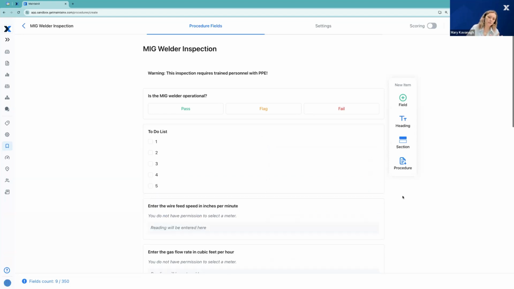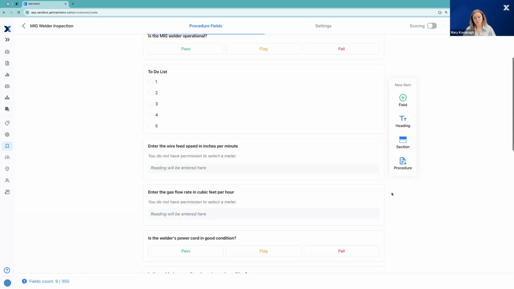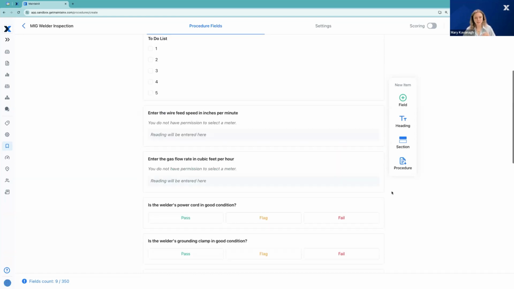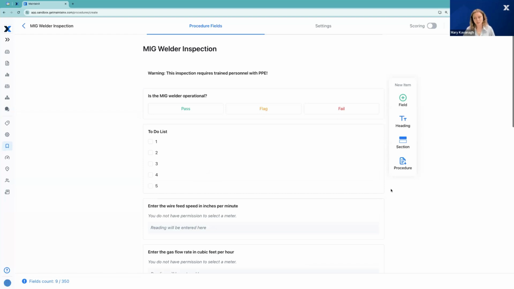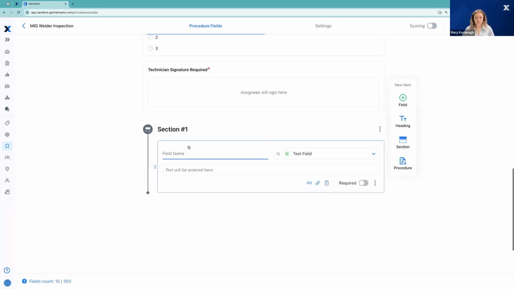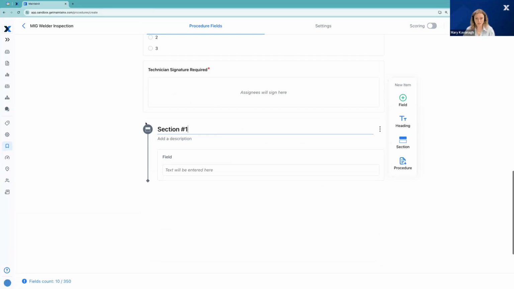And at this point, I want to call attention to a few advanced features we have within procedures, namely organizing the procedure and looking at some conditional logic. When we get into really in-depth procedures, there might be quite a lot of fields in here, and this can be quite difficult for a technician to navigate. So what I'm going to do is I'm going to add in some sections. And I'm going to say this will be the